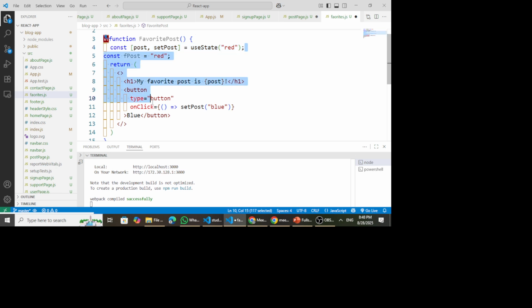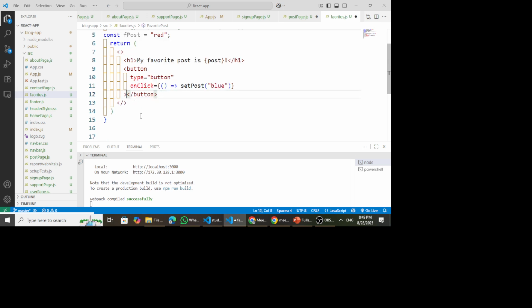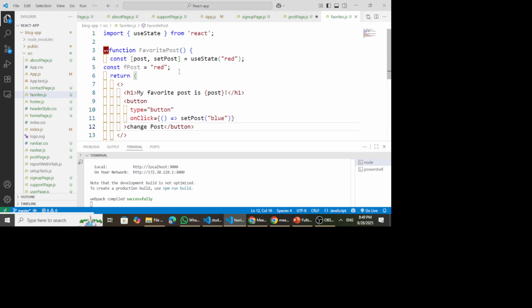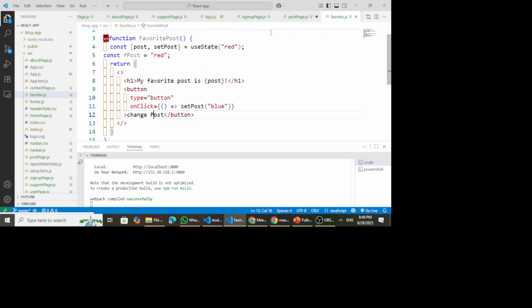And then I'm saying on button click, when the button is clicked, change the value of the post to blue. So I will click here so that I can change it to blue text. Alright, so let me change the text here, say change value, change post, and now